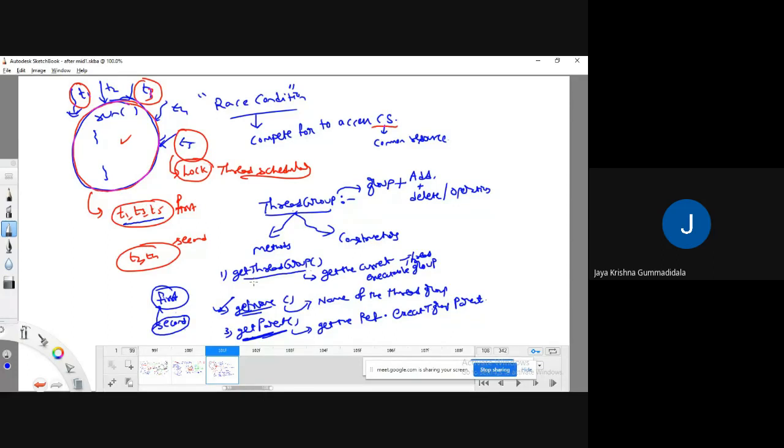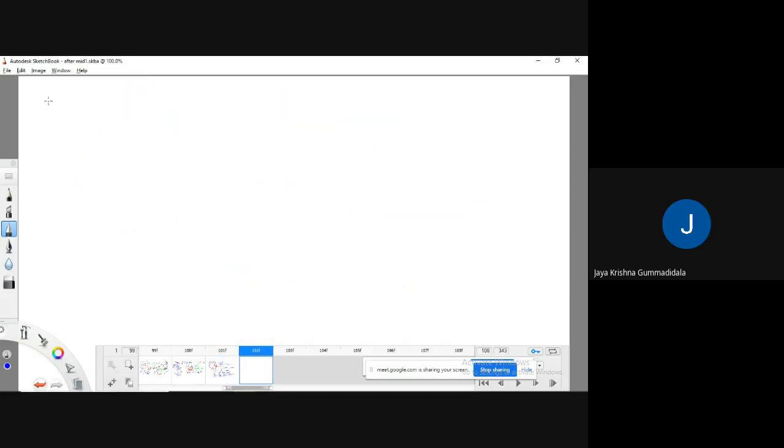Various kinds of methods continue. The list method. This list method is going to give the information about the thread group.